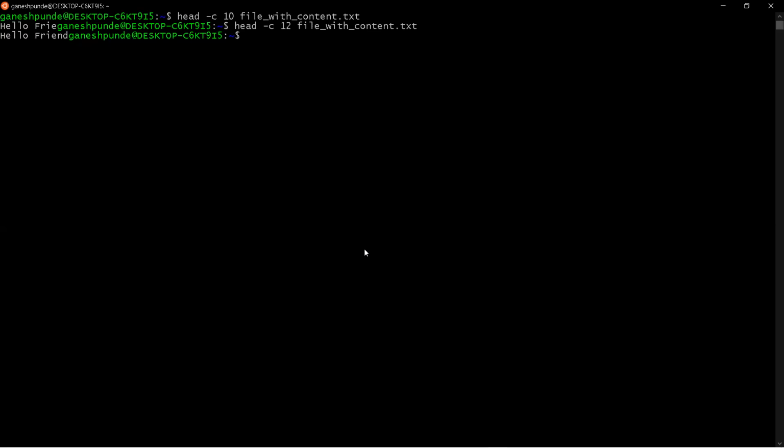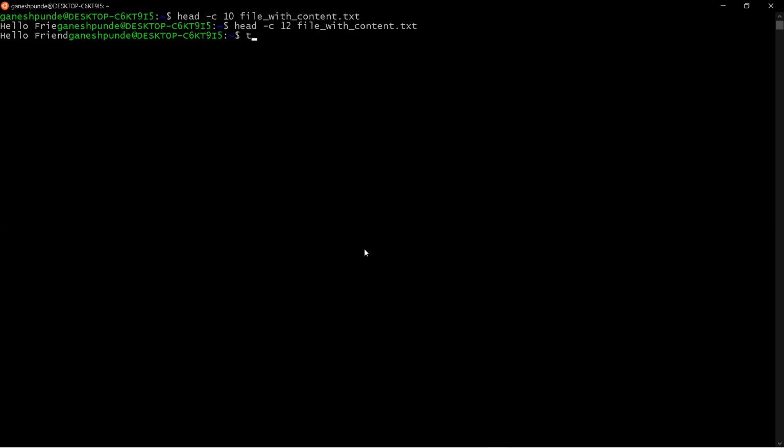Now we have one more command for viewing the content of the file. Now we saw head, so what is the leftover? The leftover is the bottom. In some cases, you want to see the bottom of the file. We saw the top of the file, now we want to see the bottom of the file.